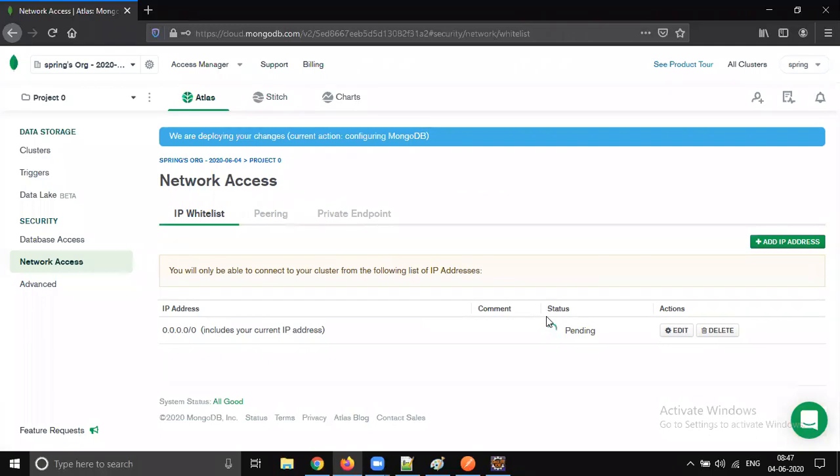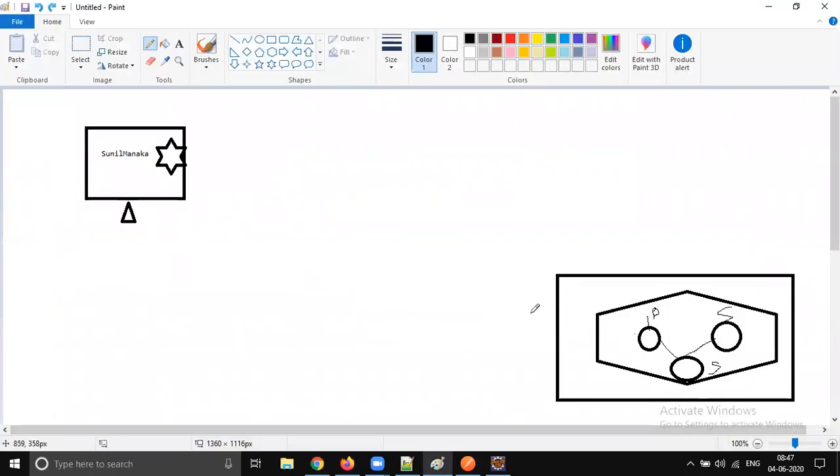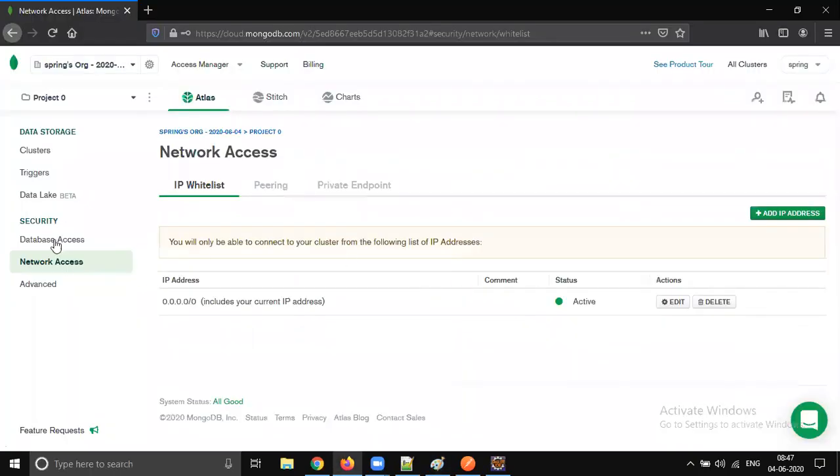It can then be connected, so we can connect from anywhere. This is a very important thing we need to do by default. Let's go to the last diagram. The cluster is running on a different node, I mean a different computer, and there is a firewall which will block connections to it. So as a DB admin, you should open the firewall, so we are opening it so that anyone can connect. Go to network access, click on IP whitelist, and select allow access from anywhere. That is one more important thing we need to do.